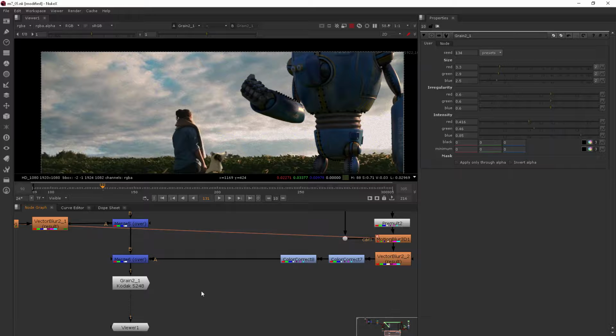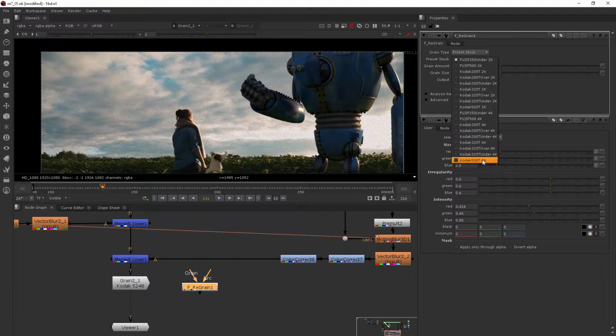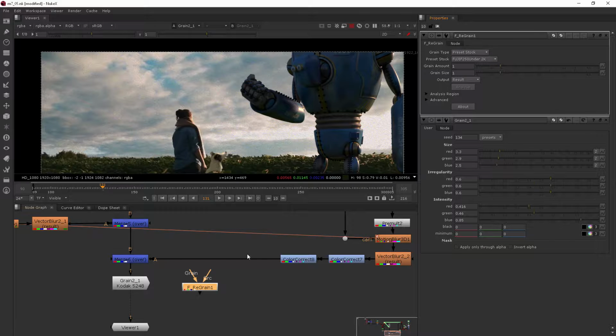But in NukeX, which is what we are using, you also have the Furnace Core tools. So if I type in F underscore, you can see that the F_ReGrain node is there as well. And this is just another node that you can use. And you can see here, it's actually got some preset stock. So you can go in and start to actually choose some stock footage types, and that may help you to pick one. Now also, if you want to use a grain clip, you can do that and plug that into